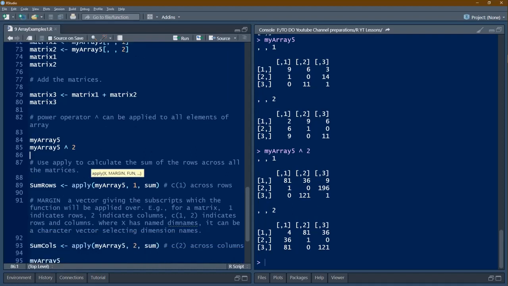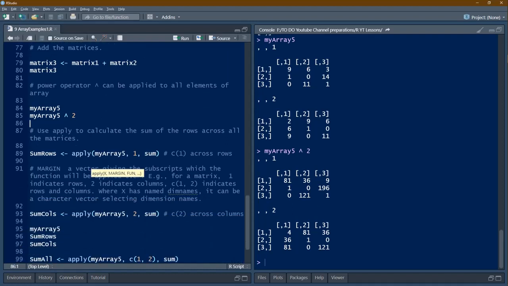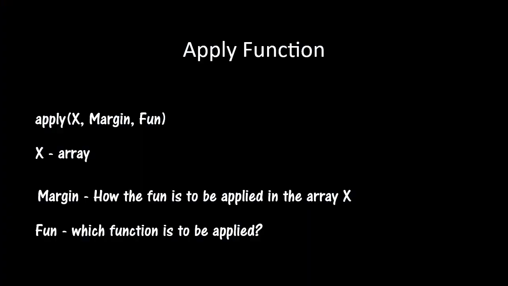So now we'll use an apply function, and the apply function basically helps us to apply a particular function across all elements in the array. So apply is the function keyword, and myArray5 is the data, and margin. Margin, here we have to say how this data is to be applied.